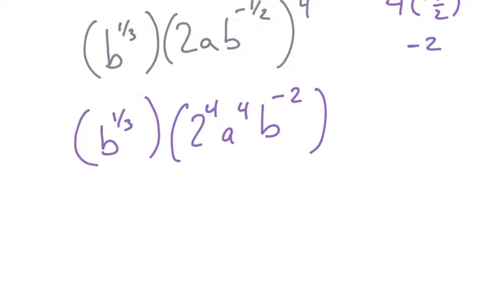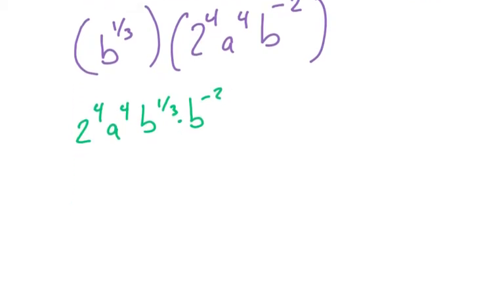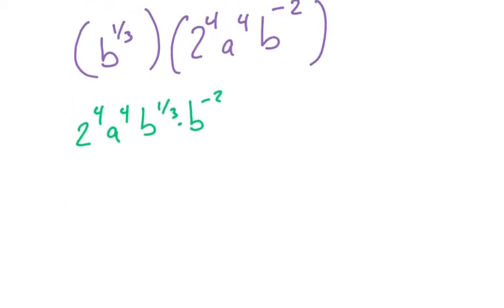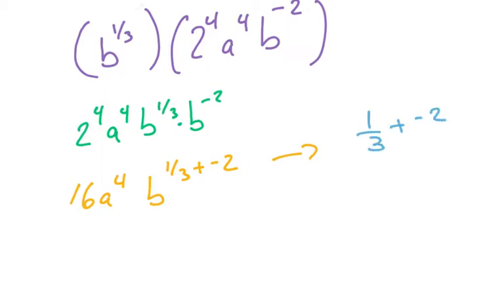So if you struggle with this, what you want to do is put it in order. So we notice I put the numbers together, the a's together, the b's together, okay? And so 2 to the 4th is 16, a to the 4th is a to the 4th, and with the b, we're going to do 1/3 plus negative 2. Now, when we do the 1/3 plus negative 2, we have to remember that with fractions, we have to get a common denominator. So the negative 2 becomes negative 2 over 1,